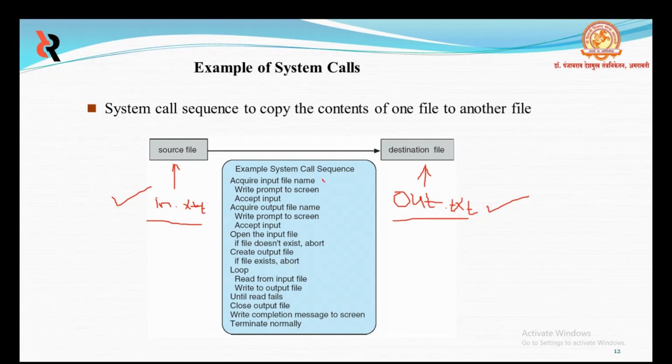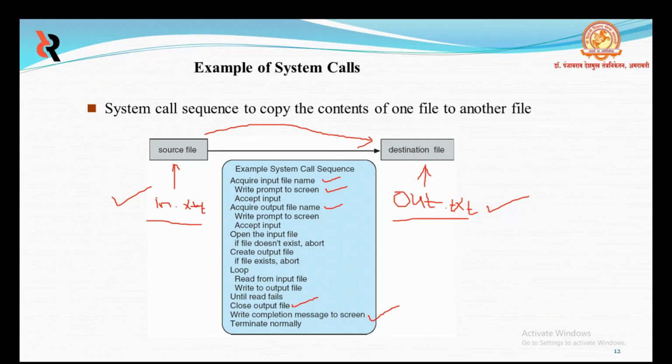Whenever we acquire the input file name, a system call is required. Write a prompt to the screen, a system call is required. Acquire the output file name, a system call is required. Everywhere we require a system call. Finally, after the entire file is copied from the source file into the destination file, the program may close both files. Then write a completion message to the screen; here also a system call is needed.